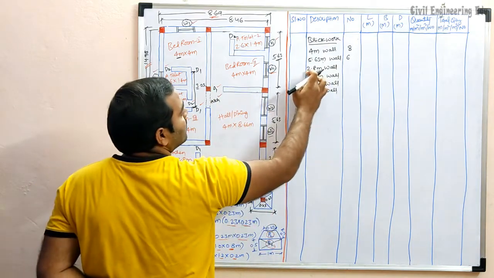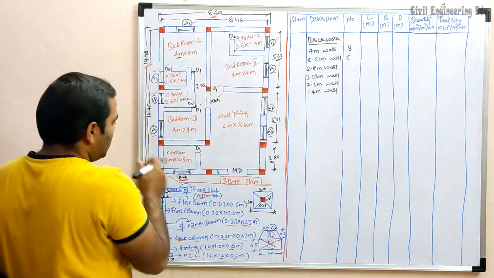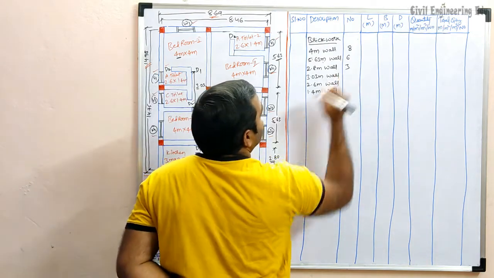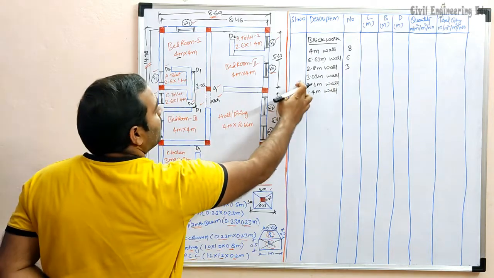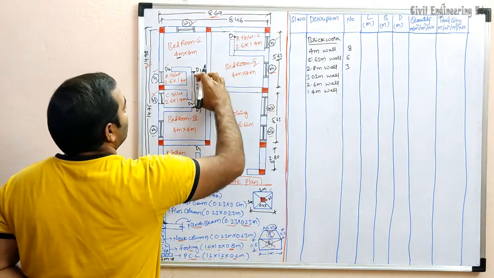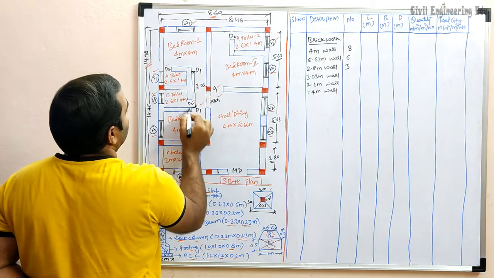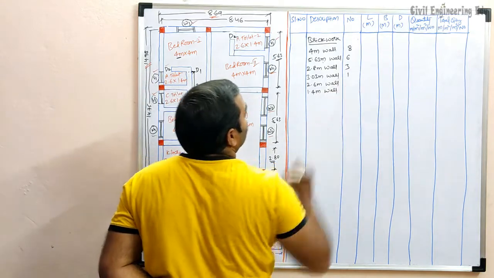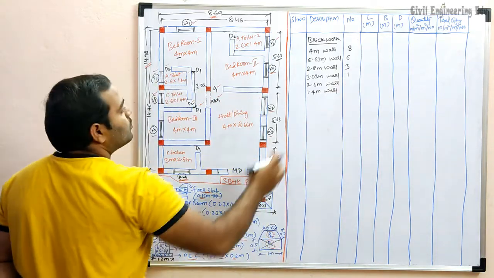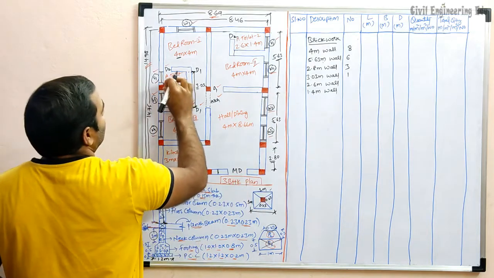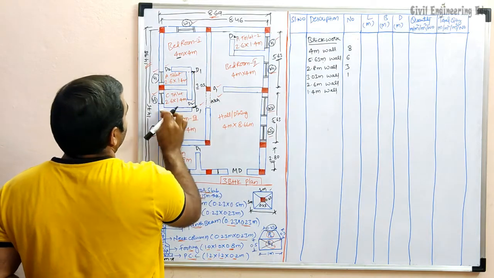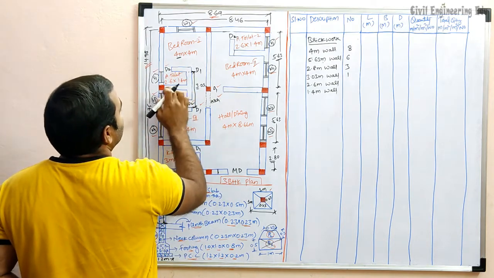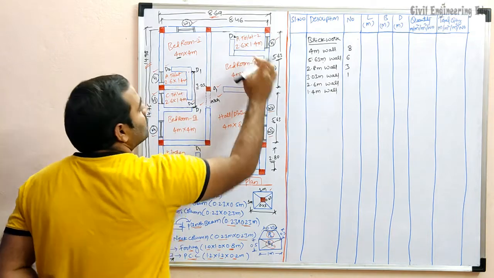Now coming to the next length, that is 2.8 meter. So here 2.8 meter, 2.8 meter and 2.8 meter. Total 3 numbers are there. Now coming to 3.03 meter. This is the only wall from here to here, so this wall we have to consider, that is 1. Now coming to the 2.6 meter wall. This wall we have already calculated, this wall already calculated, this also already calculated. Only this part is left over. This one and this one. Total 2 numbers.